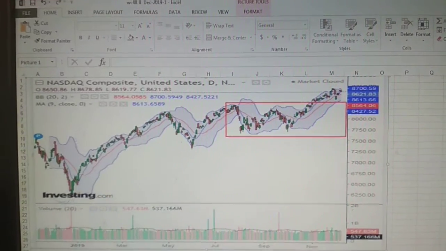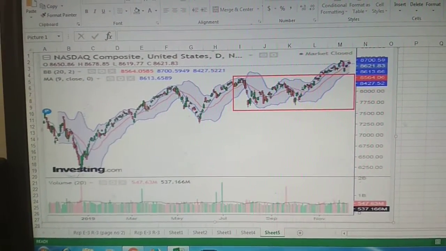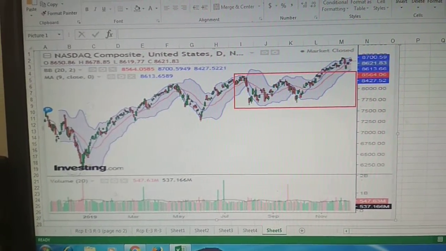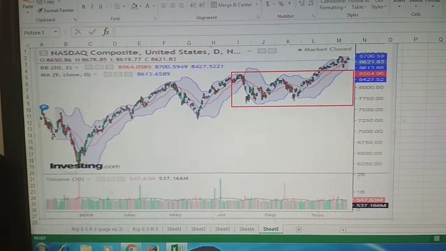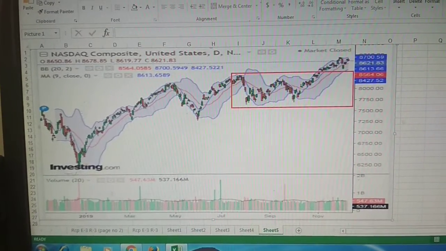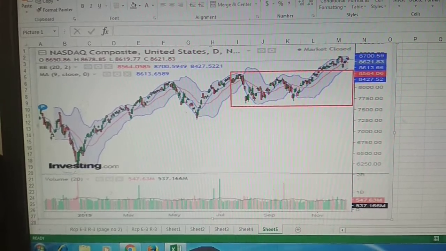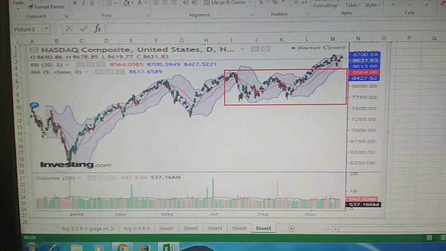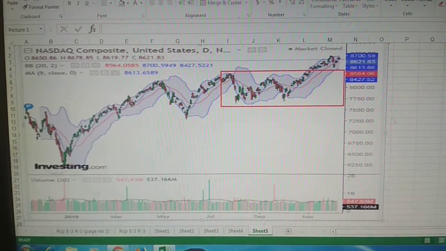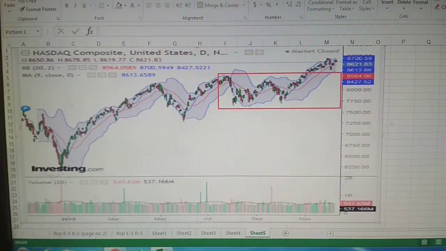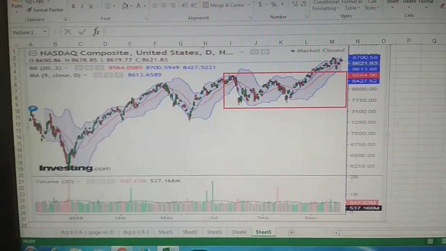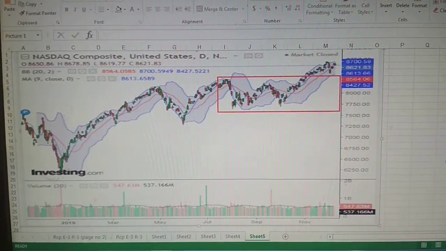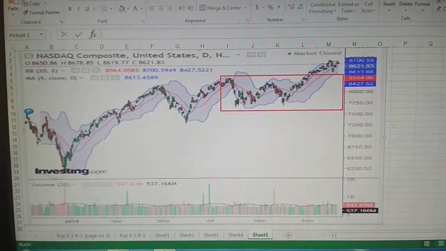Friends, you can see the volume also. The volume is stable and a bit increasing over the last 20 days. You can see the volume chart. Here we have taken the 6-month Nasdaq chart and the near term target is 8850. You can make a stop loss of 8564 level and a second stop loss at 8613 level. The target is 8850 in coming days.